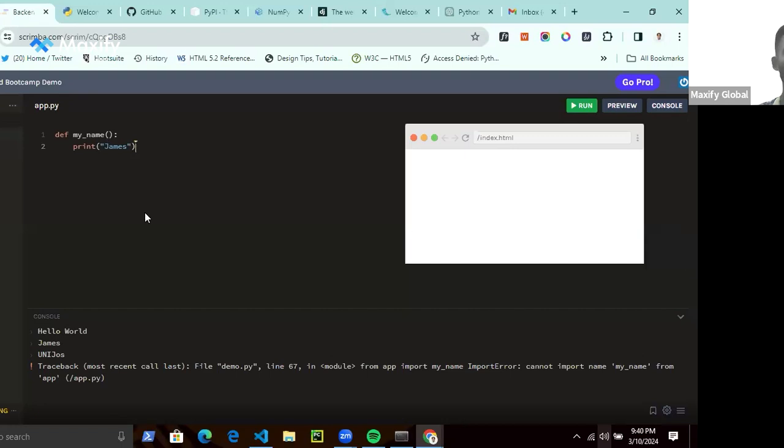So this is how you import functions, import modules into your file through the import statement. First, import the app or the module as whatever you want to call it, or you do from this app name, app.py, import my name. My name is actually a function here. So that's why I'm calling it. So that's how it works.